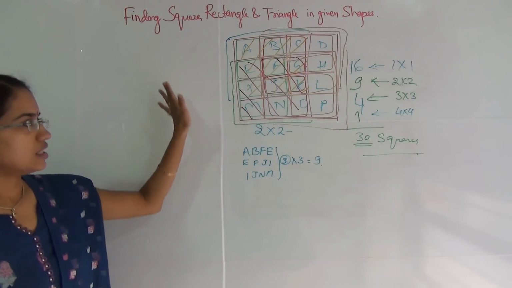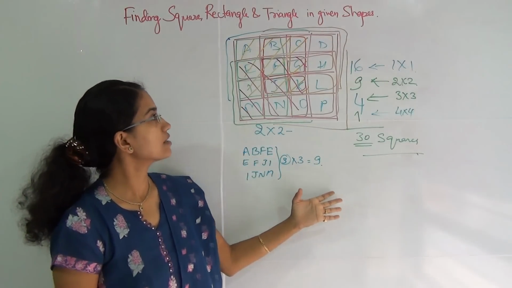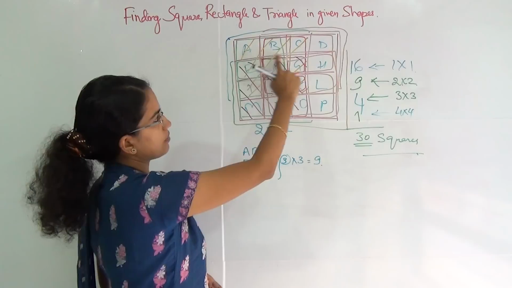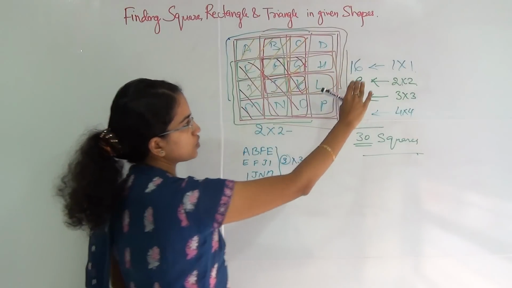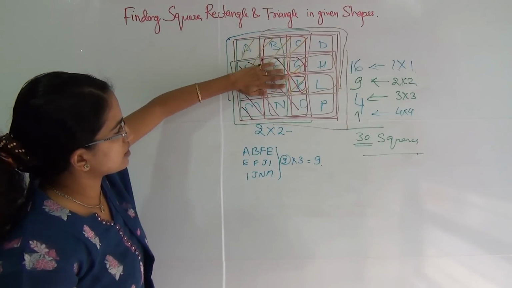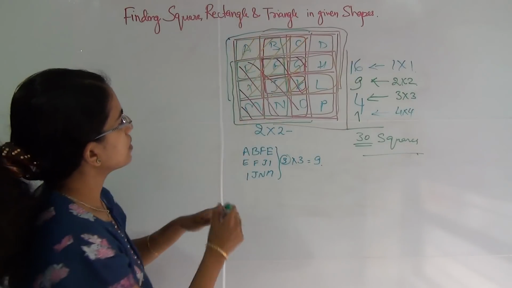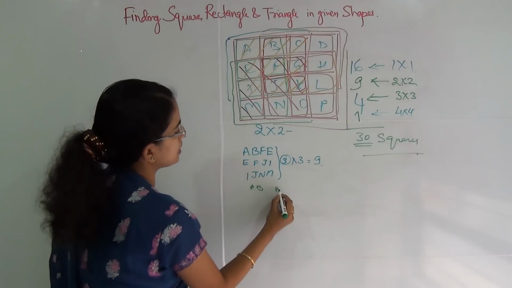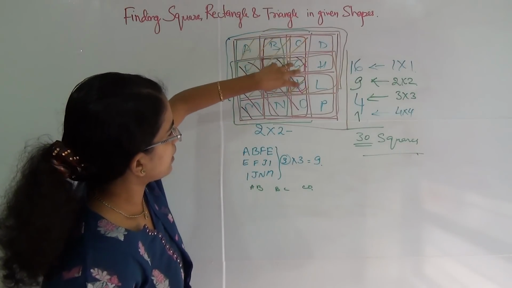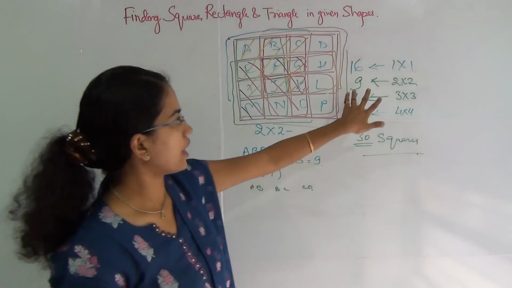Just a brief review of what we have done. I'll repeat this question because this question is very important. Now in this question I am just doing 1 by 1 squares. So you have A, B, C, D and each square individually. So you have 16 of 1 by 1. Then I am counting 2 by 2. So this is the first lot, this is the second and this is the third. With each row you have 3, and you can form rows starting with AB, BC and CD. And in each row you will form 3: 1, 2 and 3. So you have a total of 9, 2 by 2.